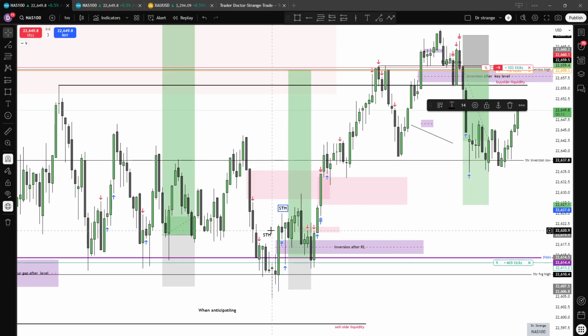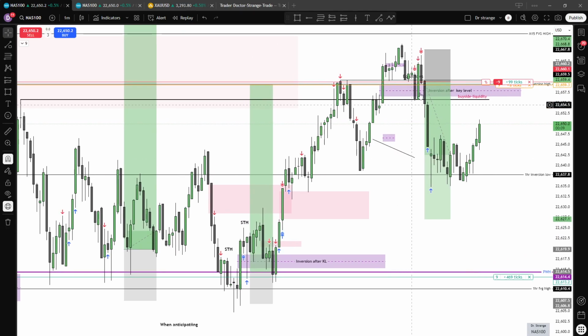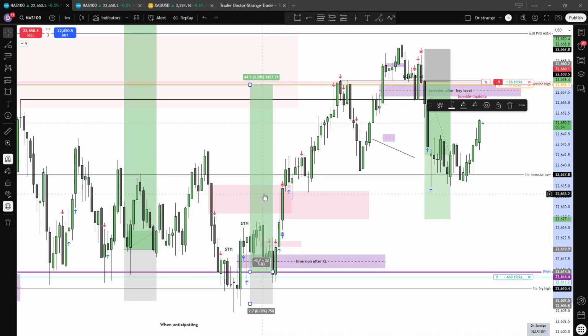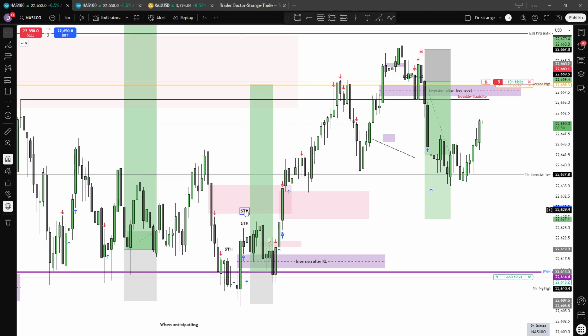Now, you have to note this and put it in your books, as you're going to see it appear even in this trade. Once the first short-term high is created after we have hit the key level and we have taken out a short-term high, we will wait for the second short-term high. Now, this is where you have to wait. Patience, because if you're patient, you will literally get these trends.